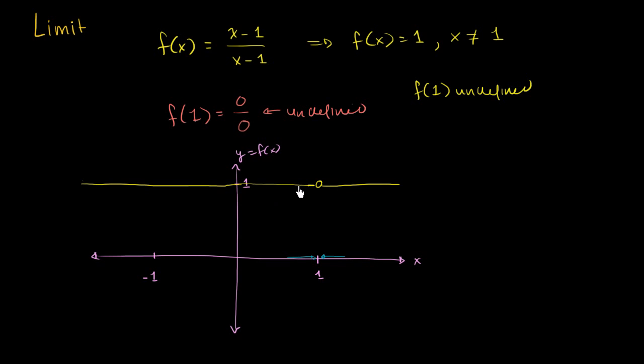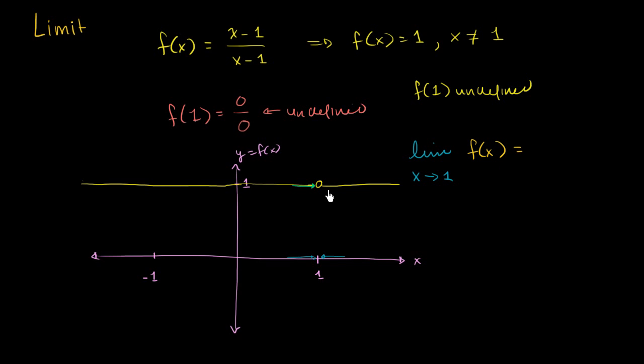Well, this entire time, what is the function getting closer and closer to? On the left-hand side, no matter how close you get to 1, as long as you're not at 1, f of x is equal to 1. Over here, from the right-hand side, you get the same thing. So you could say, and we'll get more and more familiar with this idea as we do more examples, that the limit, lim being short for limit, as x approaches 1, of f of x,